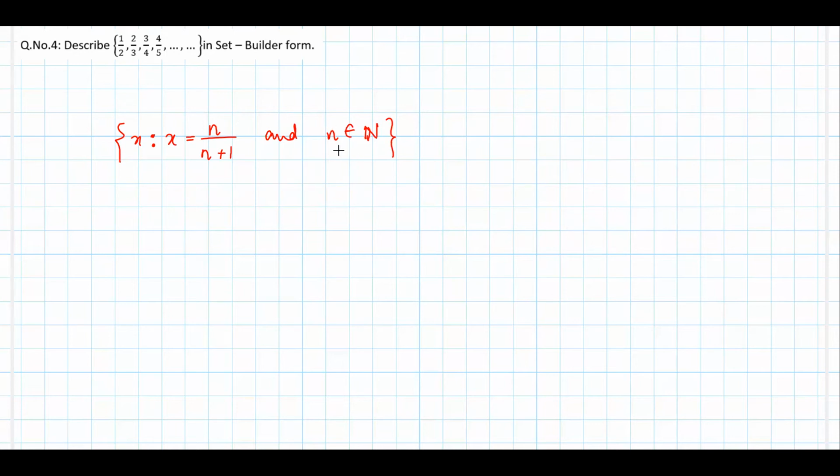Yes. So if you see, first n from natural numbers, and then substitute here. So you're going to get n value as 1 in the numerator, and in the denominator is 2. If n is 2, in the numerator, denominator is 3. If n is 3, in the numerator, denominator is 4. And it keeps going on. And then keep these values in x and display this x. All right. So when we compose this, we go from left hand to right hand. When we read it, we try to understand this from right hand side to left hand side. Agree? Yes. So we'll do another one, the fifth one.